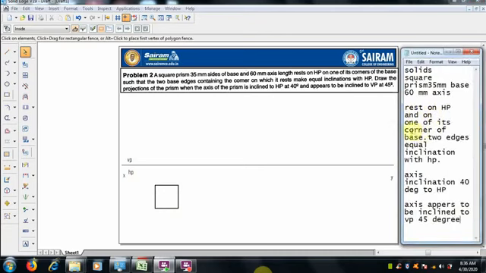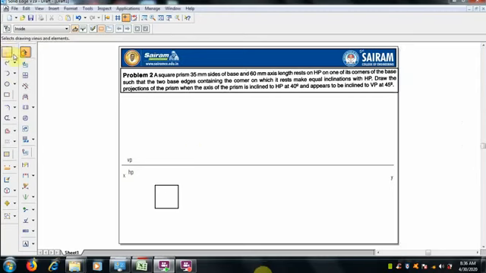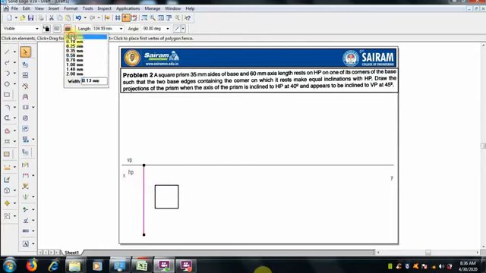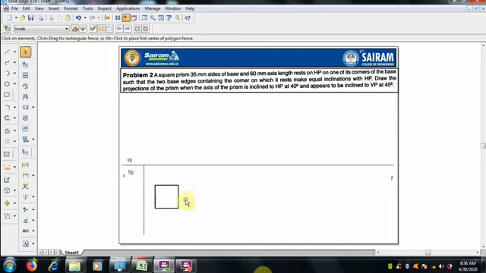Rest on HP on one of its corners of the base. So here it is now at the edge. It should be rotated to its corner, and at the same time it should have equal inclination. So just for reference we can make one reference line, and in that we can rotate and keep the corner.